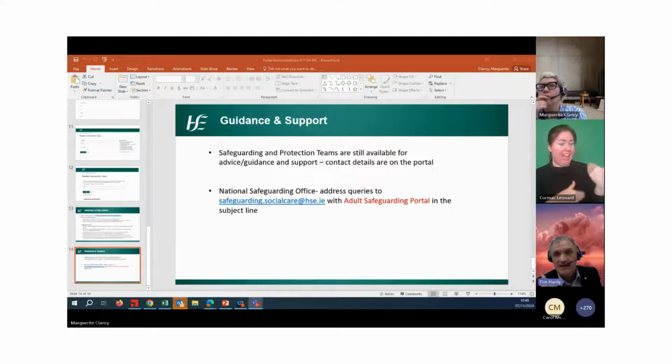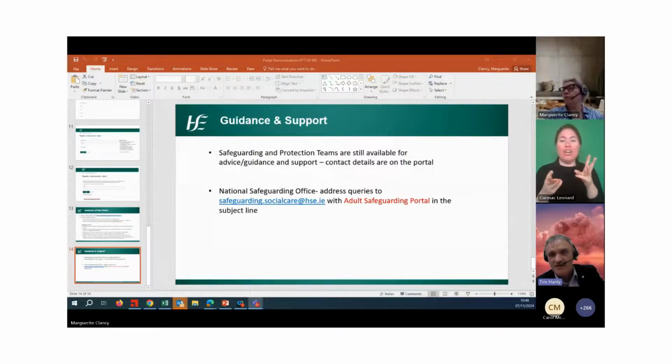Similarly to if someone had sent in a hard copy or an email attachment, the communications all have the links with the details for the portal, and that's up on our web page, and it'll be included for those of you within the HSE in the broadcast email that goes out, and those of you external to the HSE, we will continue to circulate out through all the channels. And thanks to all the organisations that assisted us today in terms of our reach, and we'll continue to do this, and we may have other webinars into the future, and we certainly would look at maybe having other webinars for particular sectors out there in the community,